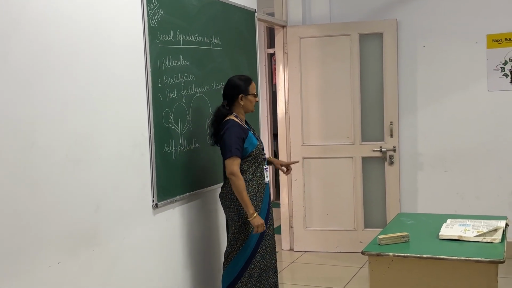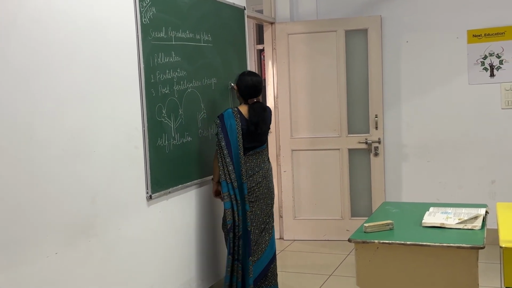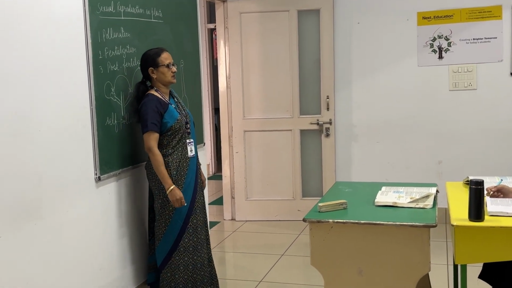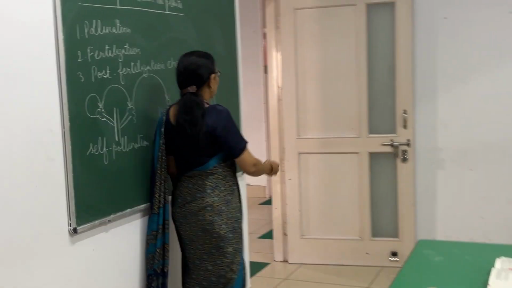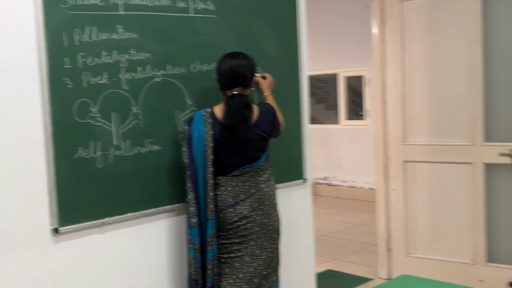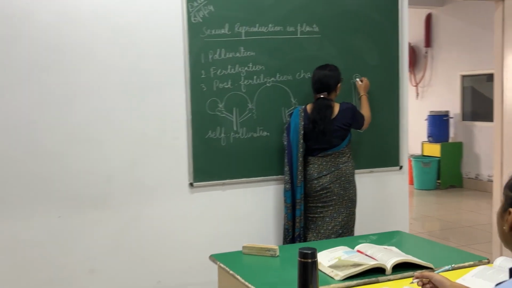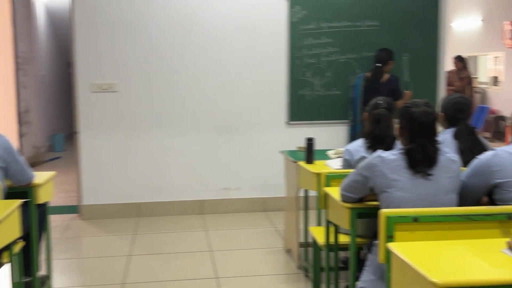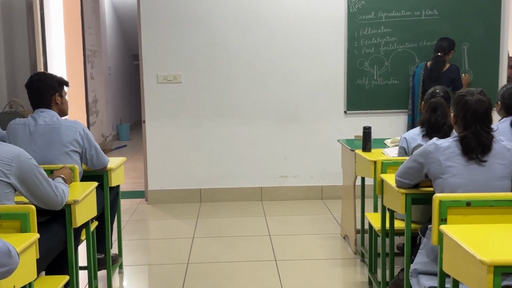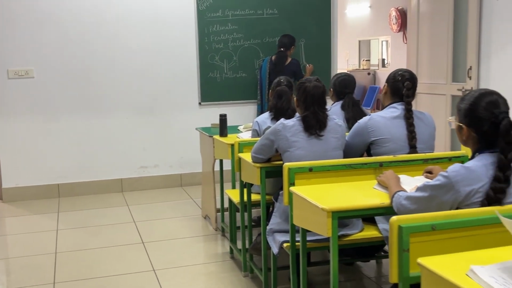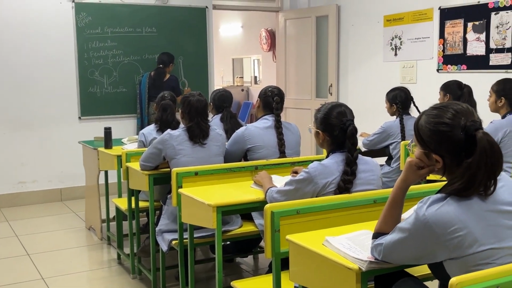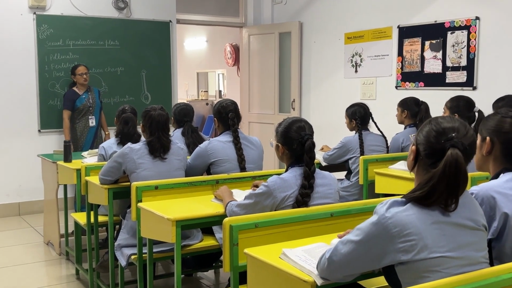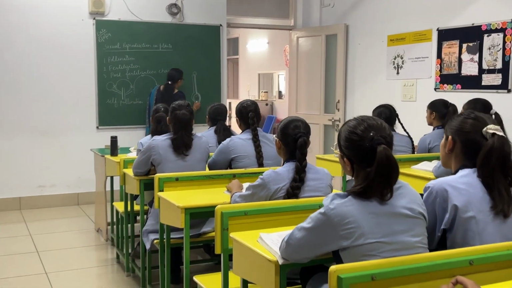Pollen grains absorb moisture from the stigma and their upper layer, known as the cyst, ruptures, and the inner layer comes out in the form of a pollen tube. The pollen tube enters into the style and reaches up to the ovule. In the ovule, the pollen tube enters through a small opening present at the base. This small opening is known as the micropyle.